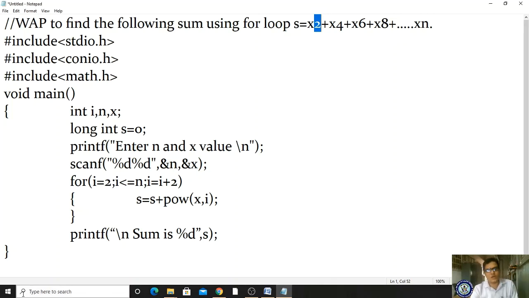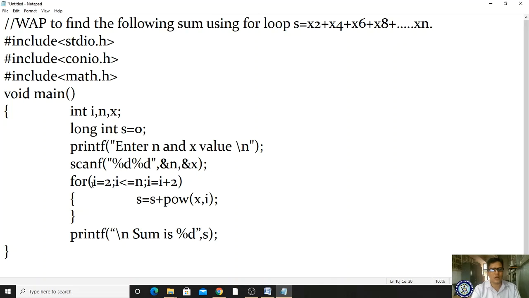Now I am processing 0 plus power of 2 comma 2. What is the 2 power 2 value? 4. So 0 plus 4, 4, which I am storing in s. After here, where will the control go? Control will come to i incrementation. What value am I incrementing? i value plus 2. Initially it is 2, now it becomes 4. Why? Here it is given as x power 4.